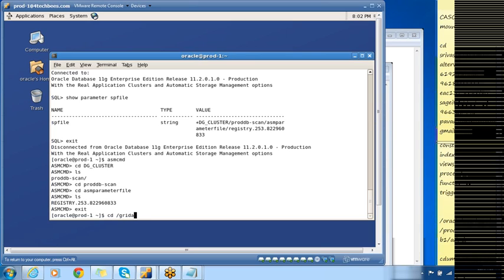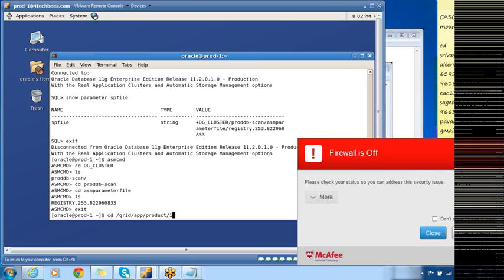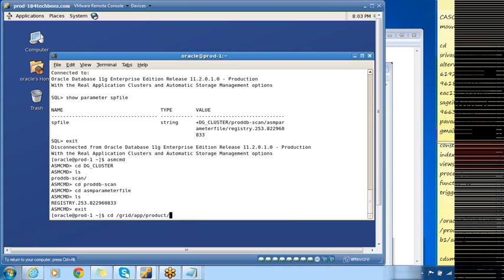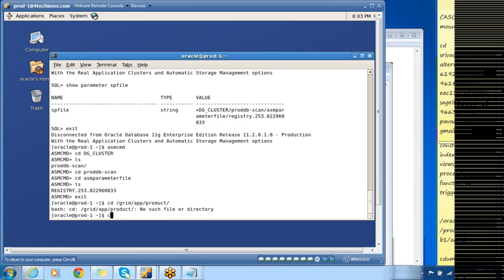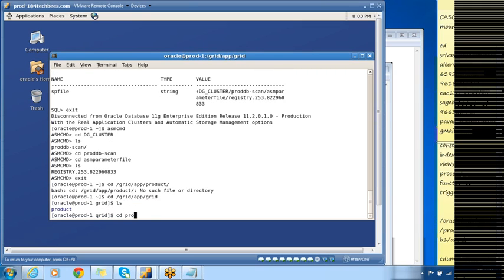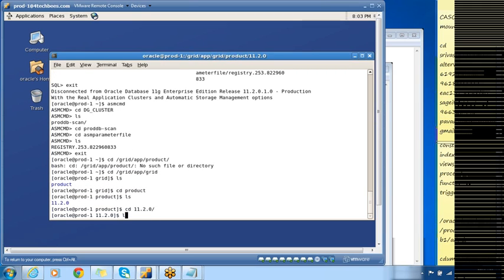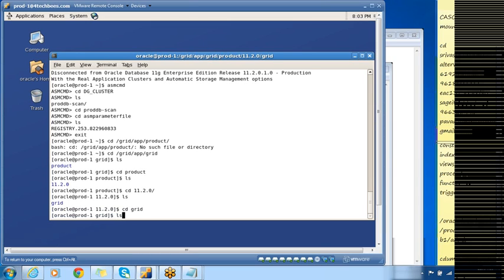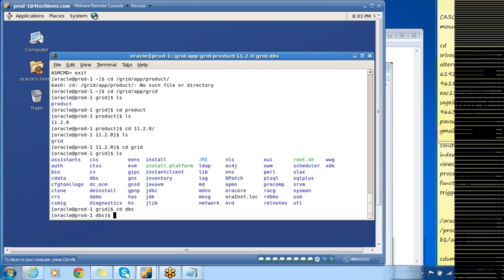CD grid, app, product, grid, and under grid home I'll have the folder DBS.